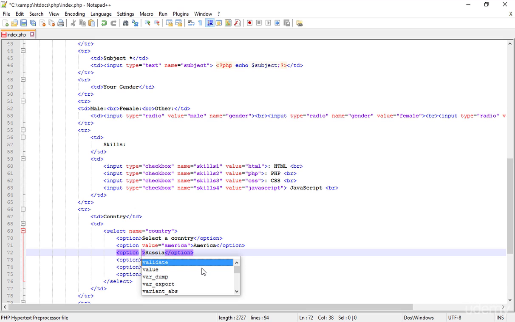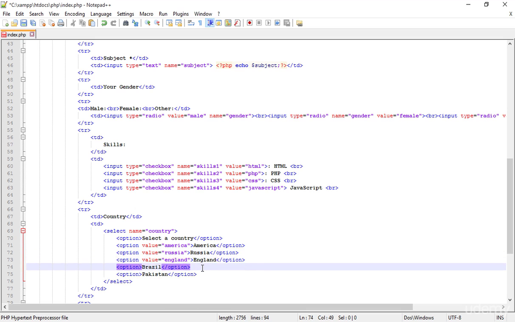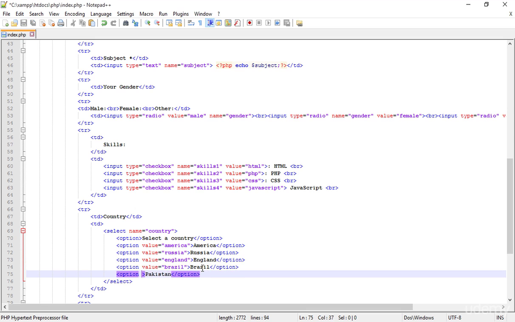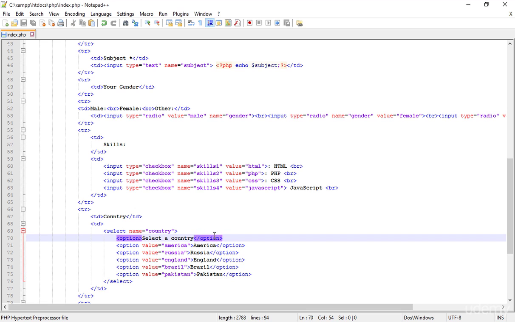Value and England. Okay, and here I'm not using the capital letters just because I'm in coding. I'm not teaching you English grammar, and in coding we have to be case sensitive, you know. Brazil. Oh, not Brazil, actually Pakistan. So let's save it. I'm not giving any value to the selector country because this is nothing. If you don't select anything, then it will show as top, but here I'm adding another thing, selected. Okay, now but it has no value, so it won't show anything as a result, by